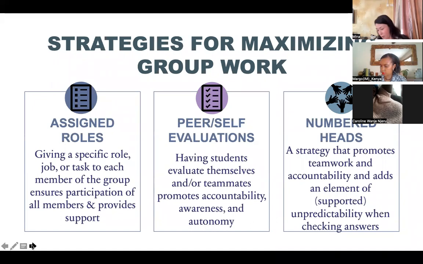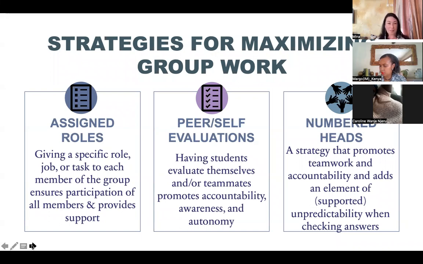This doesn't work with all types of teamwork. It doesn't work necessarily if you have presentations, but this works well. Maybe you have students reading a text in groups and then they have to answer questions, or maybe they're doing grammar exercises as a group or having a discussion with questions. So you'll see how this works in a minute, but this is a strategy to add a little